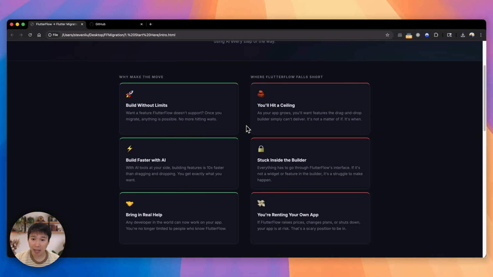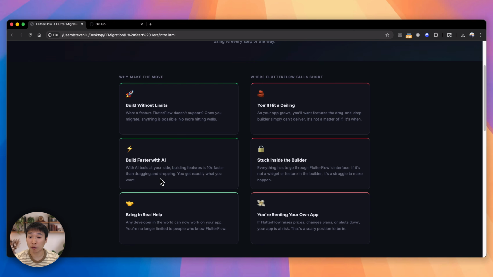You're building an app, or you have already built an app in FlutterFlow. During that process, you're hitting a lot of walls. Whether the widget doesn't suit your needs, or you have to work with the limitations of FlutterFlow and the features it offers, in order to build something that is not perfect. But now, because we're taking the code away into pure Flutter code, we won't be hitting any more walls. There is almost no limit to that ceiling.